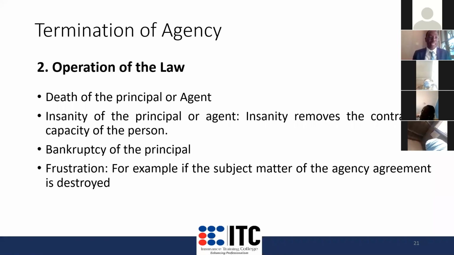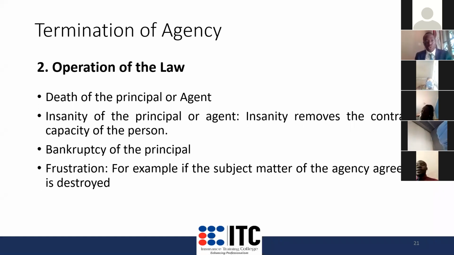We have another, our last, which is actually frustration. Frustration comes when the matter which you are probably dealing in is destroyed and there is no way to continue. I'll give a simple example. Back in the days, we used to have scratch cards. If you happen to have those scratch cards by now,